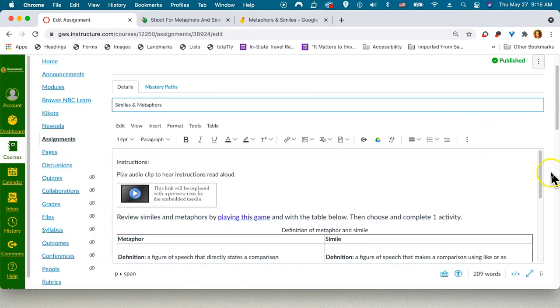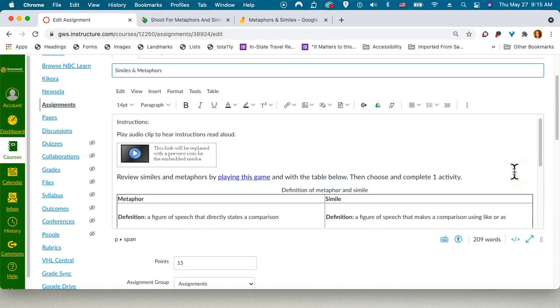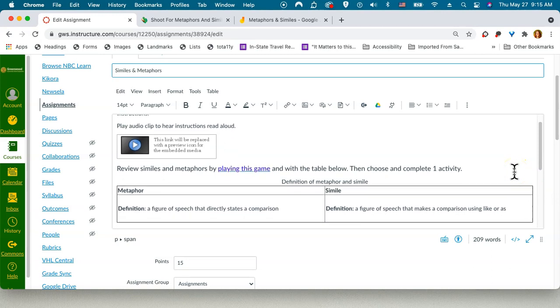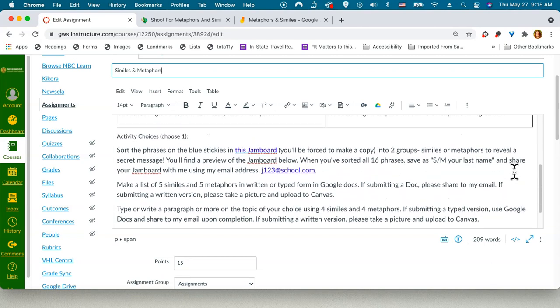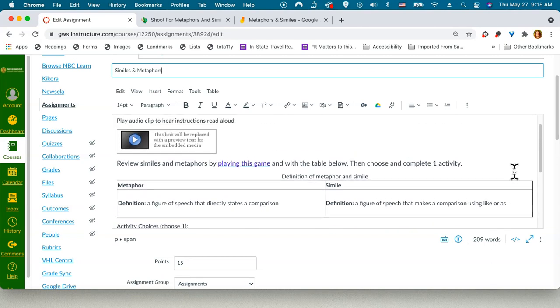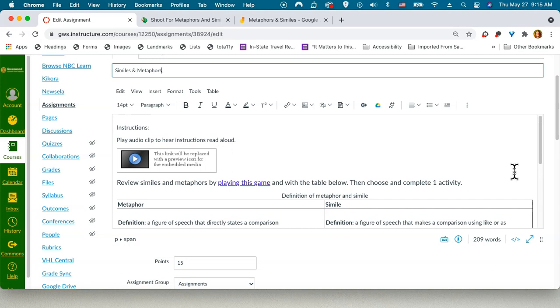As I scroll down into our editing box where I have the assignment instructions, activity choices, a table, and more, I definitely see some opportunities for adding formal structure. And when I say adding formal structure, I mean using built-in tools in the Canvas toolbar above. The reason we use built-in tools is because that creates more universal accessibility for the document or for the assignment